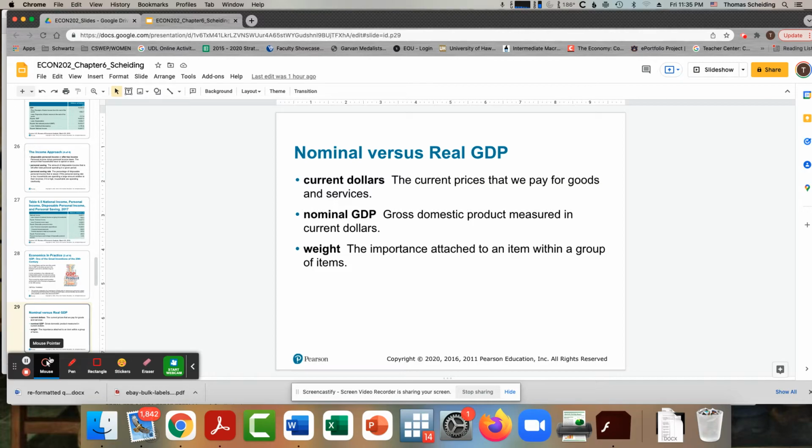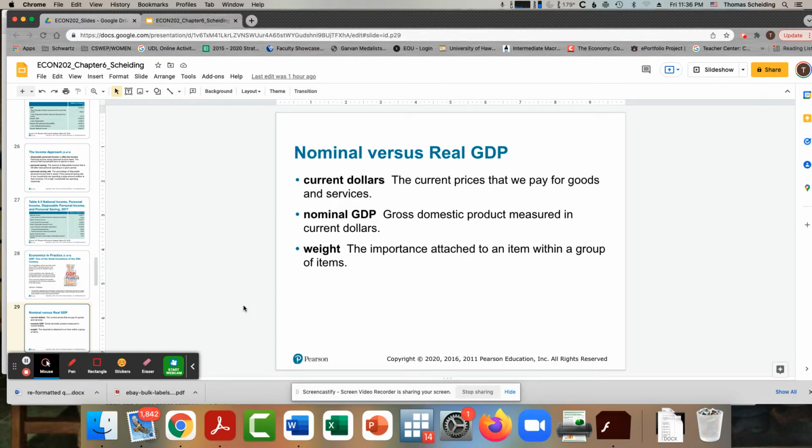And what that leads us to is making sure we're aware of the difference between nominal GDP and real GDP. What we know is always present in the economy is some level of inflation, which means the prices are going up every year. Now, remember, what is GDP? It's the final market value of goods and services. So, if the prices are going up, GDP is going up, right?